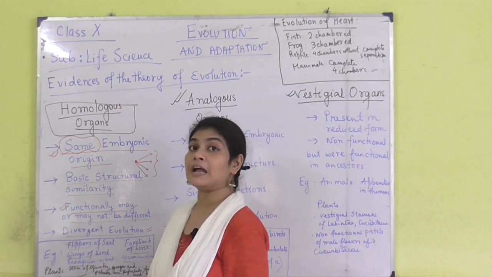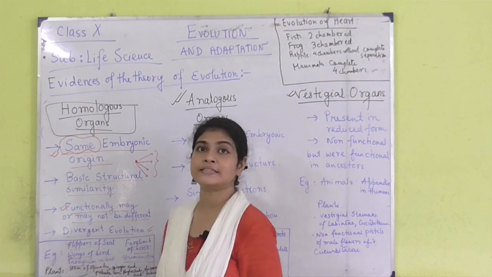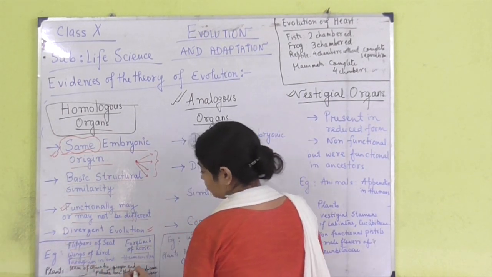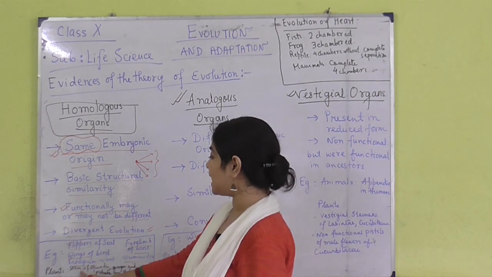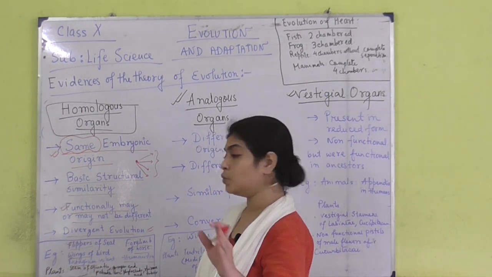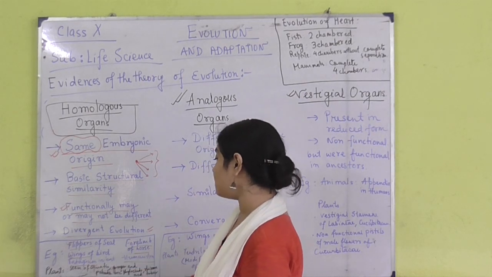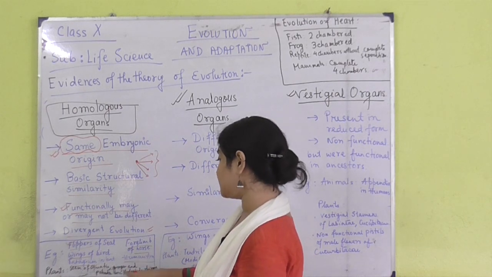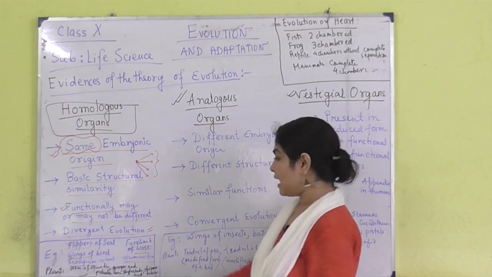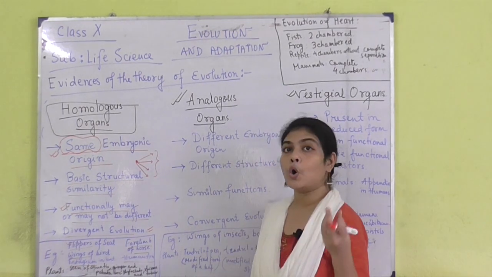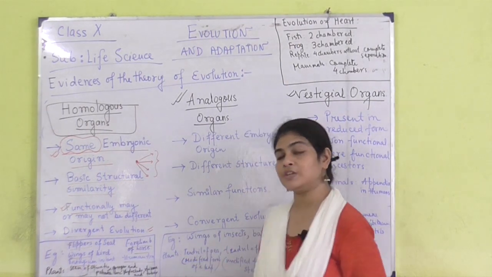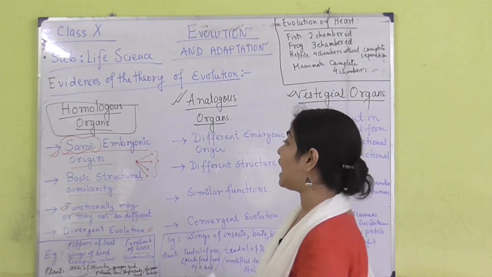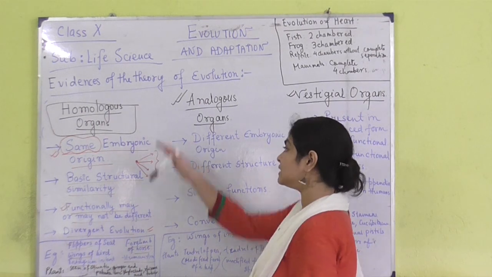And when we are talking about plants, homologous organs are also present in plants. For example, see the stem of Opuntia, ginger and potato. When we are talking about the stem of Opuntia, ginger and potato, we will see that the stem of Opuntia is modified into a phylloclade, whereas the ginger is a type of rhizome and the potatoes are tubers. So, all of these have a basic embryonic origin, but their functions are same or different, and their structures, they are also similar, okay. So, this is all about